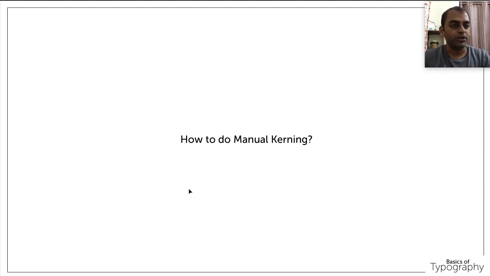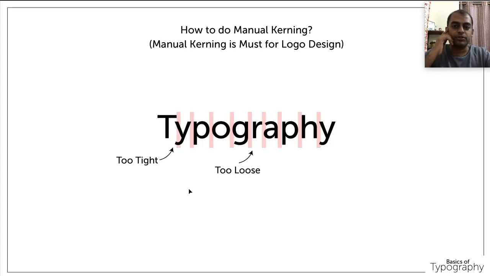So for logo design, manual kerning is much more required, because the beauty of the text lies in the spacing between each and every element, how equally it is placed, and that spacing is what we are going to understand in manual kerning. Why this is so important in logo design, I'll tell you. By default this is a radical font, if I'm not wrong. One second, I'll just have a check.